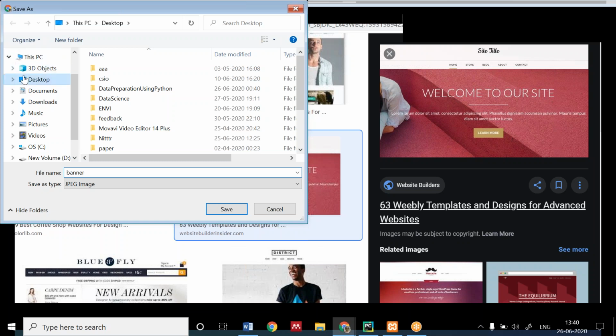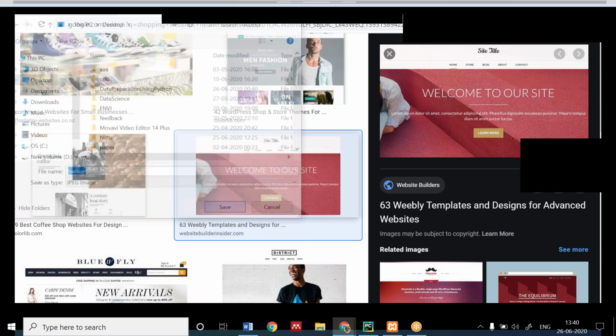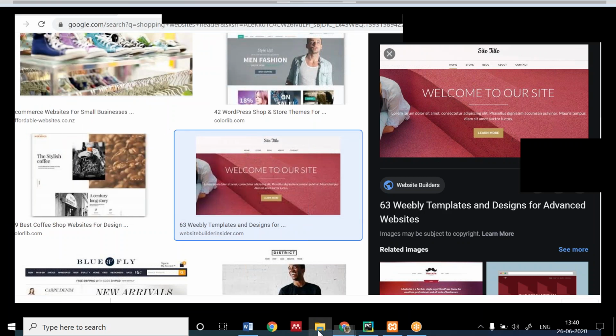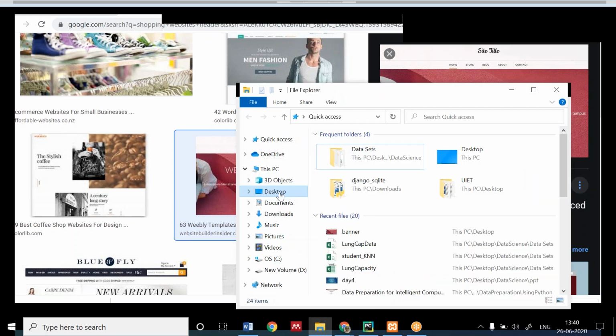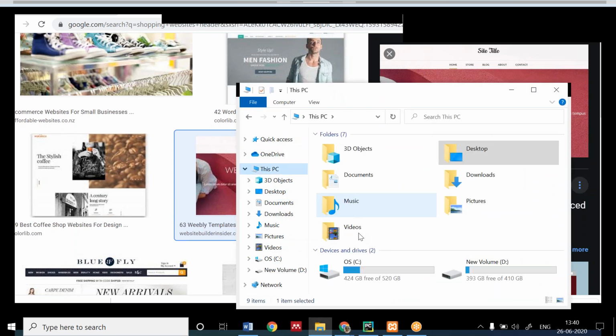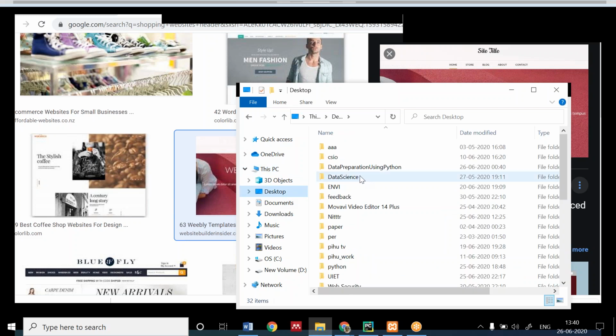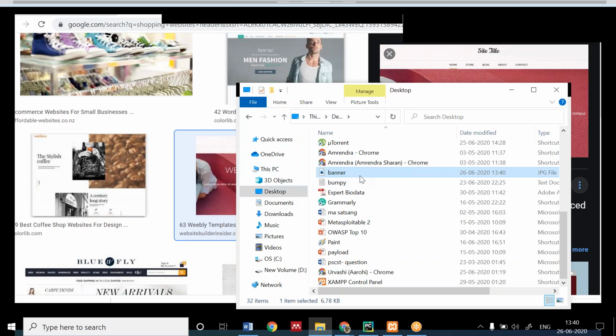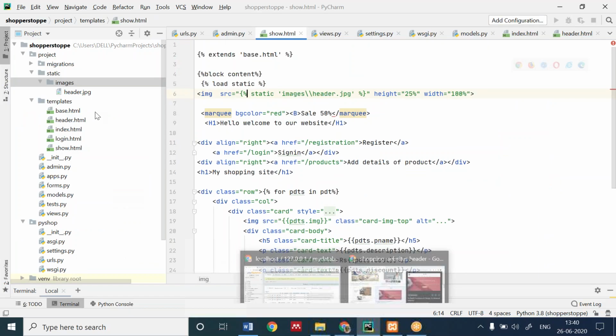Banner on desktop. I am pasting. From desktop, I'm copying this and simply pasting it in my image folder.